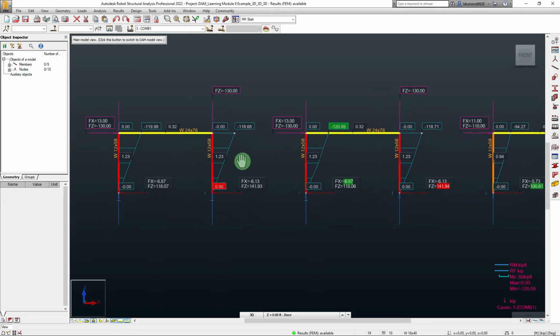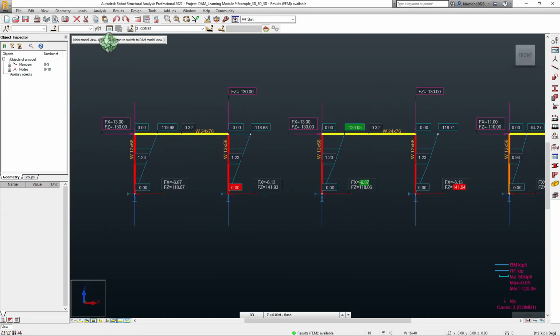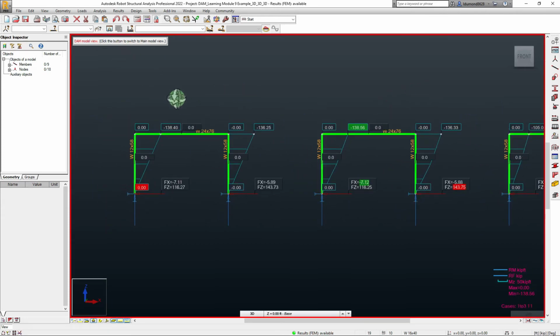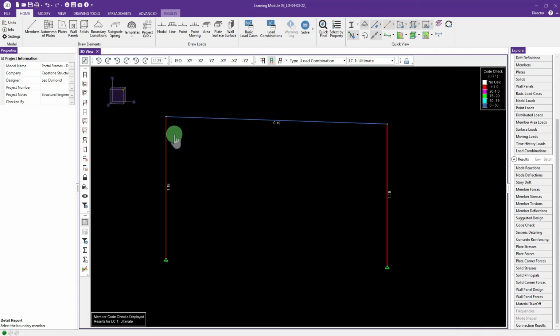Okay. Show the direct analysis model. Now you see the 136 value, 136.25 in this case, and as I said before,